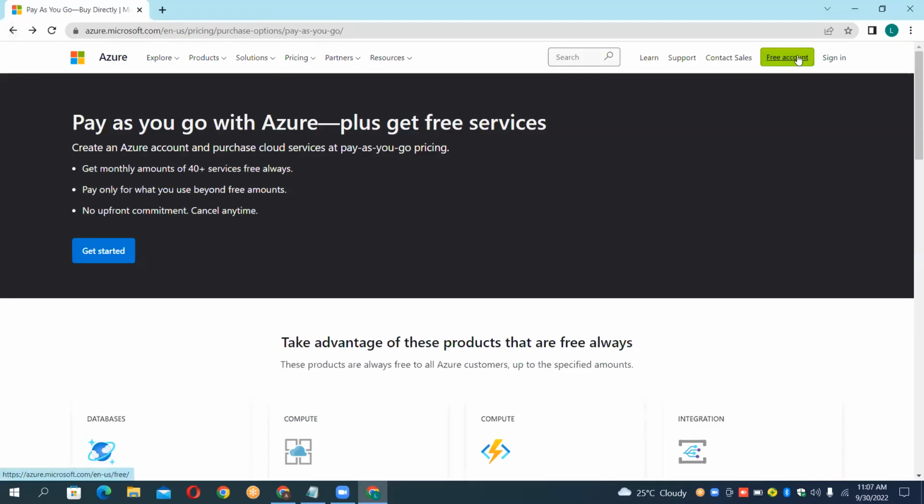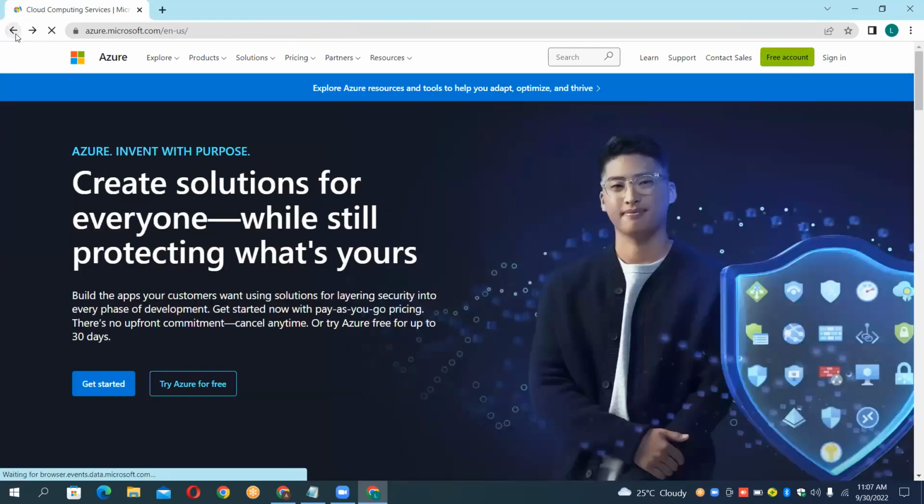you can go for free or you can sign in. Mine is not free; this is a paid version. So you can go with two models. The first model is the pay-as-you-go model. And the second one is Azure for free. Free means, guys, that cluster creation and all these things may not be possible. Only a single machine cluster can be created here.